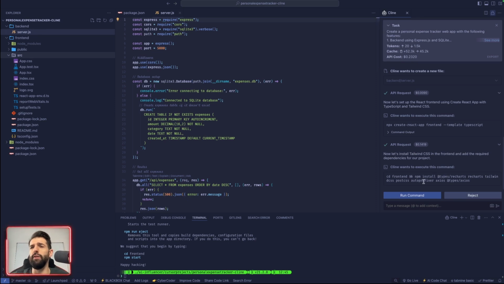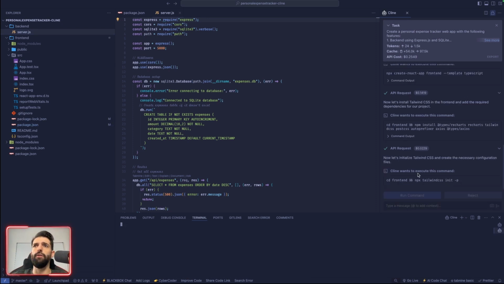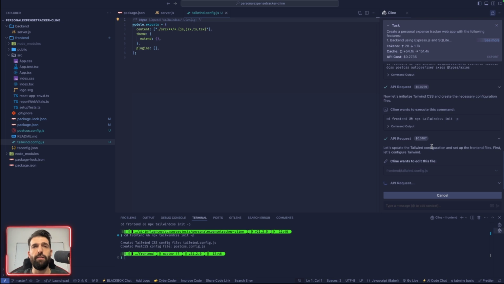Okay, we need to install the charts library, Tailwind, PostCSS and everything. So let's do this. We need to initialize Tailwind. And keep in mind, this is a free solution, right? So you don't have to pay $20 to run it. Cursor costs $20, Windsurf costs $10. This is a free solution. The only thing that you have to pay is the API cost, right? Same with Aider. So for those of you who are a bit more tech savvy or like to learn how you can work with it, this might be a viable solution since, well, it's much cheaper